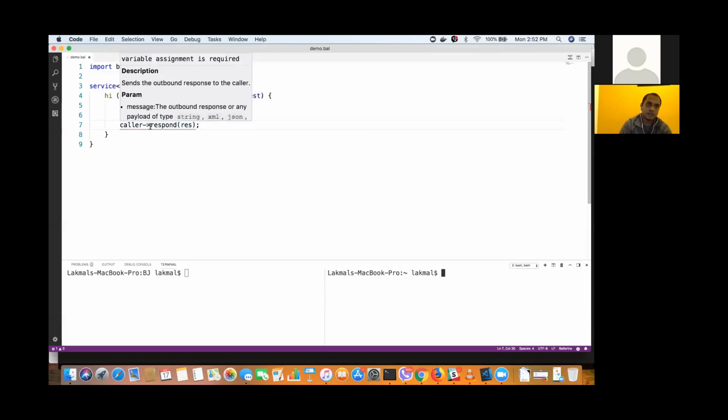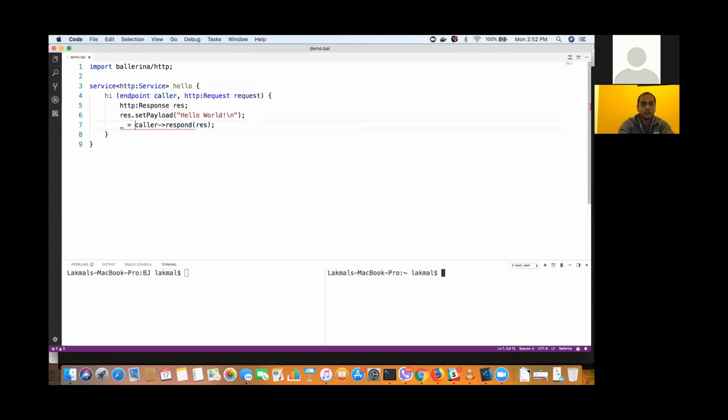Here you can see this caller method returns a response. We have to handle that response, or we can just ignore it by assigning it to the underscore. The motivation is that if a response comes back from a particular function, the developer needs to either explicitly handle it or ignore it.